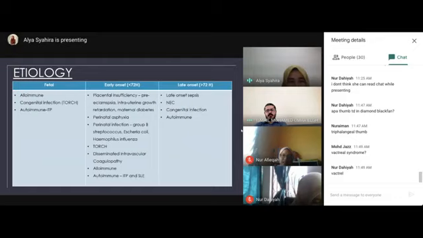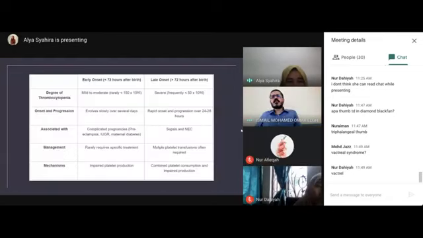So these are the differences between early onset and late onset neonatal thrombocytopenia. For the early onset, the degree of thrombocytopenia is mostly mild to moderate. It evolves slowly over several days and is usually associated with complicated pregnancy like preeclampsia, IUGR, maternal diabetes. The mechanism involved in early onset thrombocytopenia is usually impaired platelet production, and